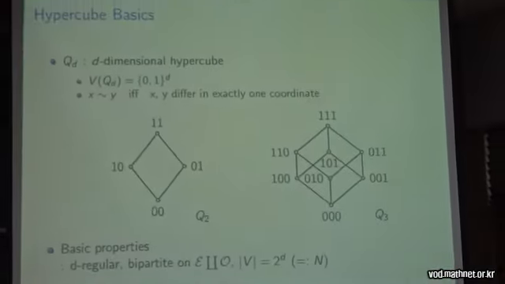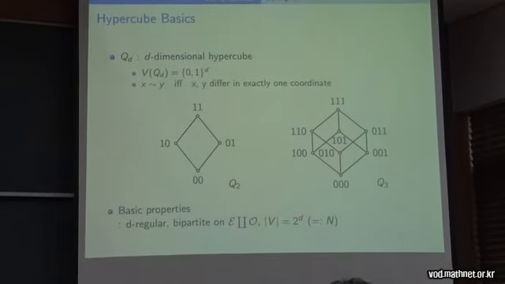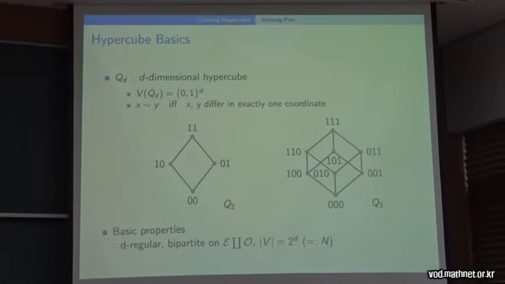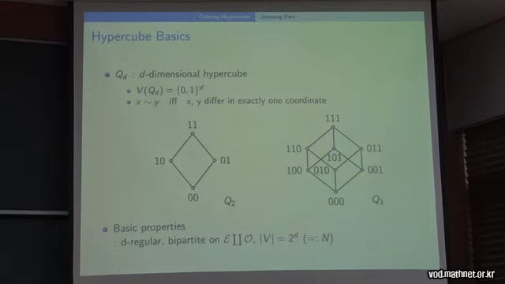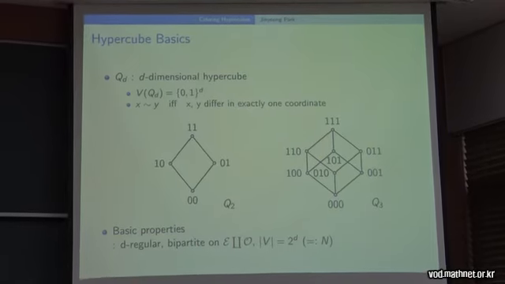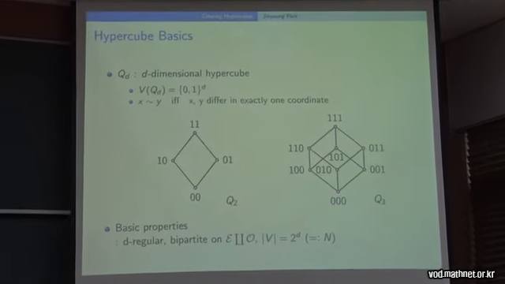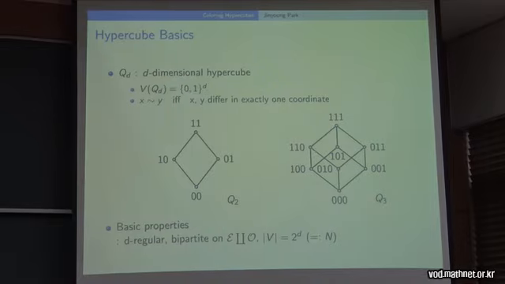We write Q_d for the d-dimensional hypercube. The vertex set of Q_d is the set of binary strings of length d, and two vertices are adjacent if and only if they differ in exactly one coordinate. There are some small examples for Q_2 and Q_3. It's easy to see that Q_d is d-regular and bipartite, and the bipartition is unique, E union O, where